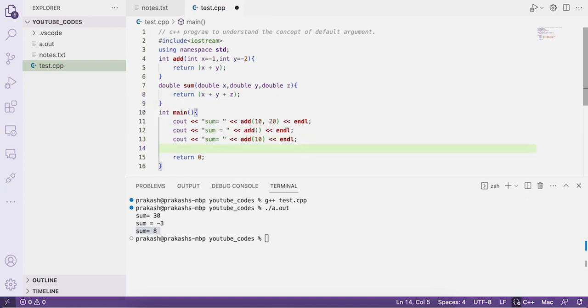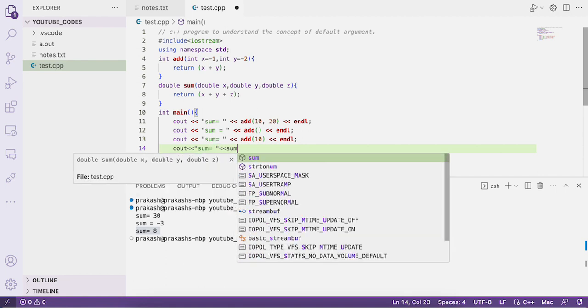Now let us make a function call: cout sum is equals to sum